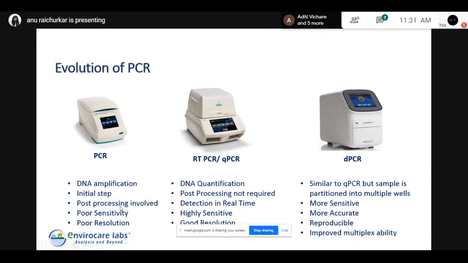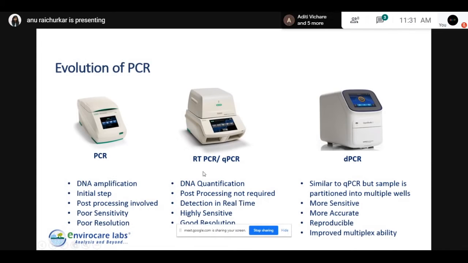You need to do post processing. That is, any reaction that you run in a PCR, you have to run a gel electrophoresis. You have to do further studies on that. So that is a major challenge with regards to PCR. It also doesn't have a very good sensitivity or resolution. Also, if you repeat the experiment, you really can't say that you are going to get the same results. So which is why PCR is not very reliable, and we go for RT-PCR or qPCR in most of the